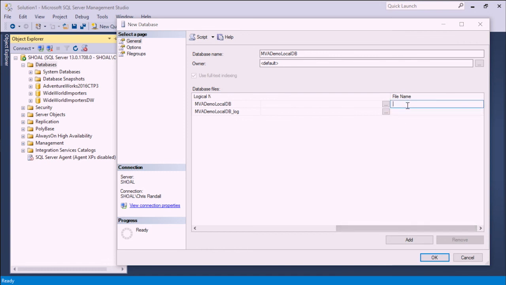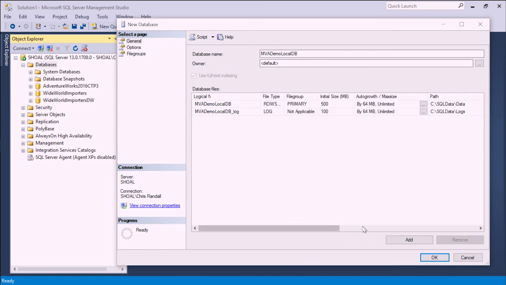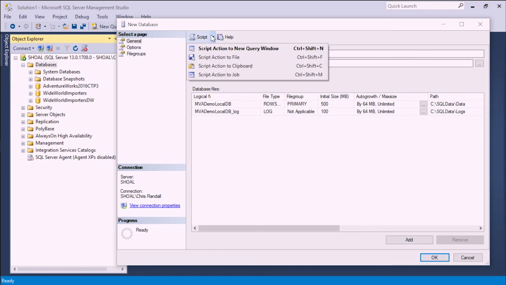All right, and then finally I'll be asked to give these names, and if I leave it blank, it'll just name it after the logical name, so I'm simply going to leave it blank. And at this point, again, I could review other options and add file groups for adding additional files. I won't do that for this particular database. If I'm ready to go, I can just click OK, but before I do that, let me go ahead and tell this to take what I've done here and script this out to a new window,